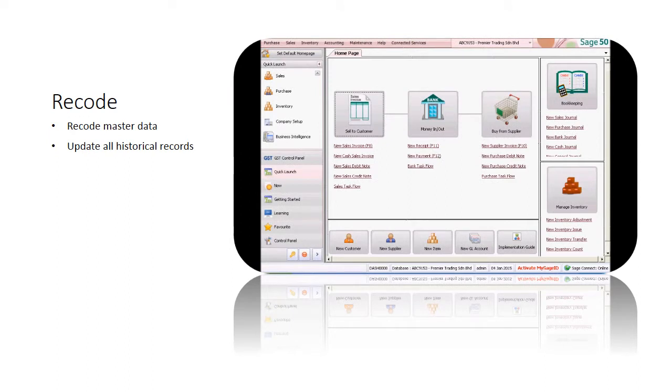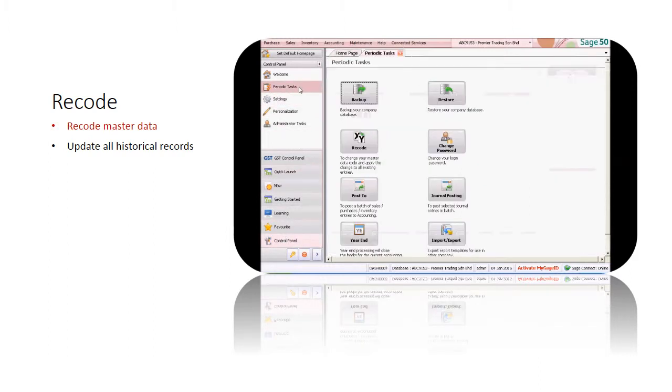Change is constant in the business world. At times the set of standard codes used in our daily operations will need to be updated, to reflect the changing needs of the business. A common example of this would be the need to reorganize your general ledger accounts, to enable better reporting and analysis on your growing business.